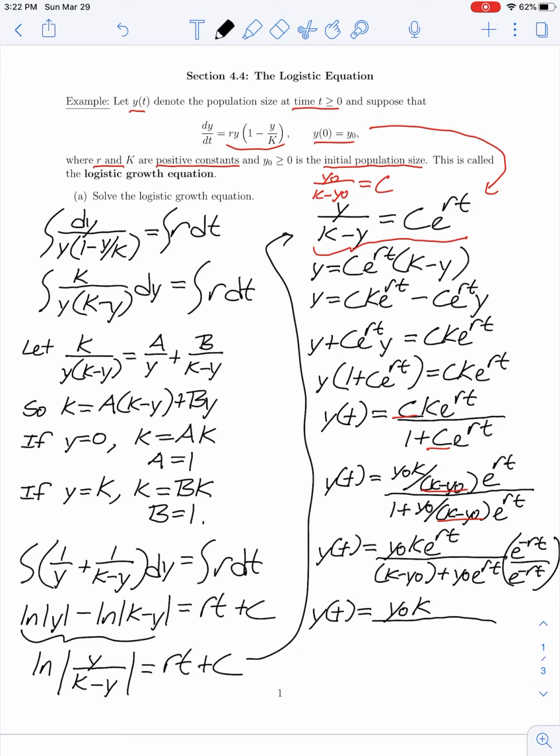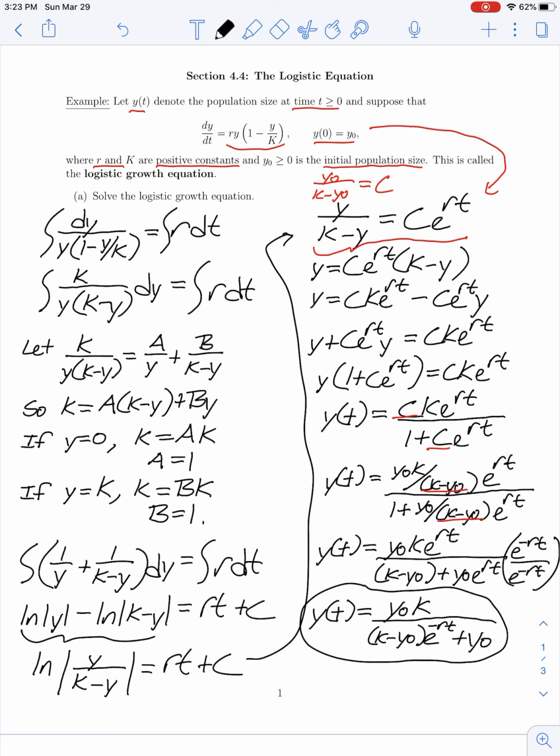And what we're left with is y of t is equal to y naught times k all over k minus y naught times e to the negative rt plus y naught. So this is the solution of the logistic growth model in terms of the initial population size, this constant k,